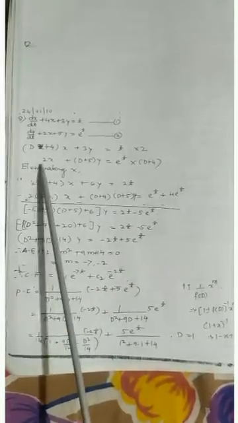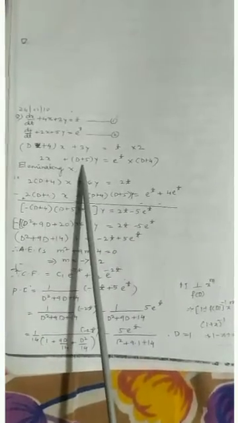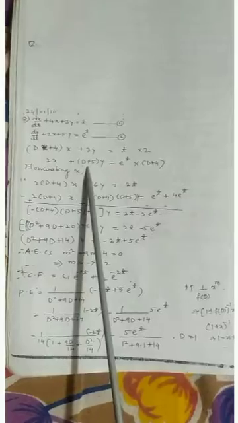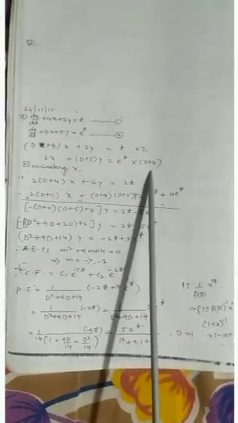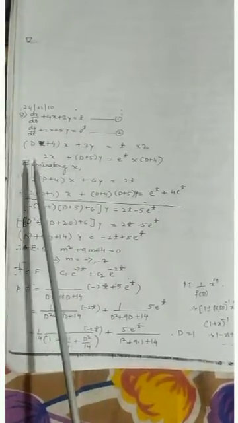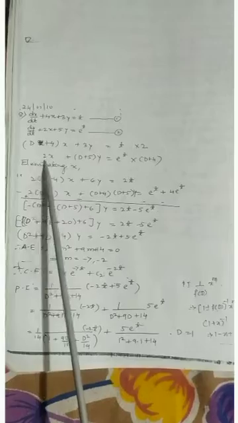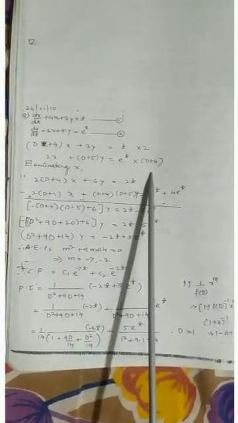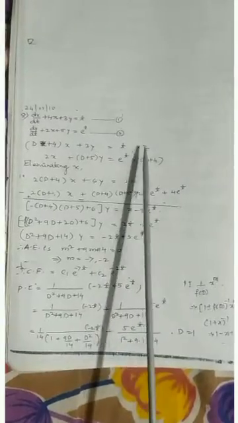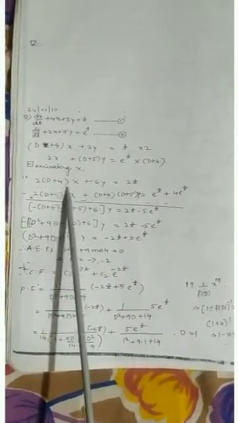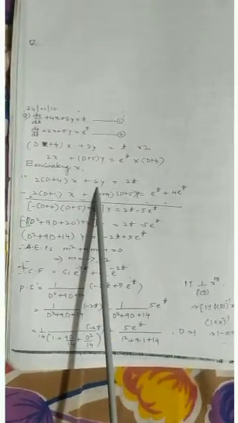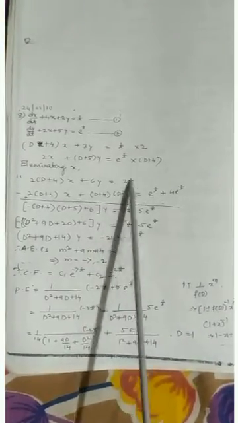Here I am eliminating x. You can take any one of the terms. If you want to eliminate y, multiply (D + 5) to the first equation and 3 to the second equation. But here I am eliminating the x term, that's why multiplying 2 to equation 1 and (D + 4) to equation 2. Then what you get? Multiply 2 to the first equation: 2(D + 4)x + 6y = 2t.